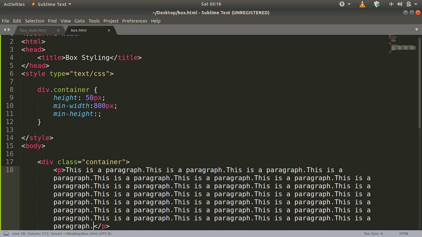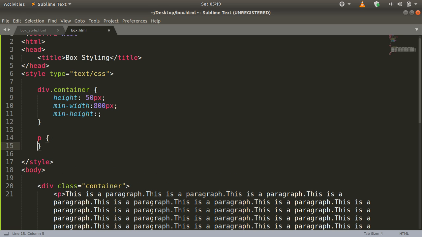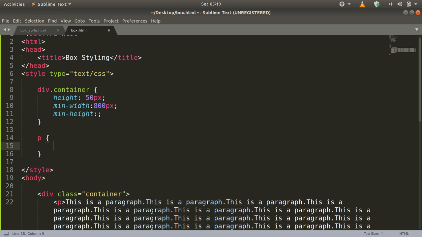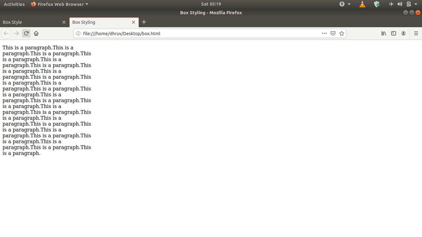So let us just define the styling for this paragraph. In the starting I am going to use less height and less width for this paragraph in order to show the actual use of the overflow property. So let us use the width of 300 pixels and height of 300 pixels. Let me just refresh.